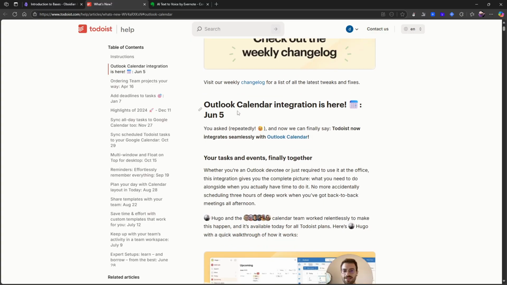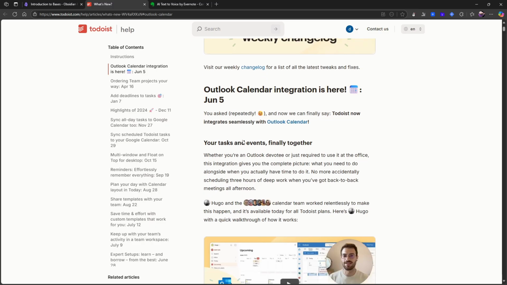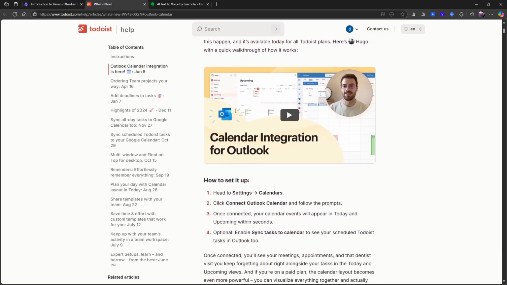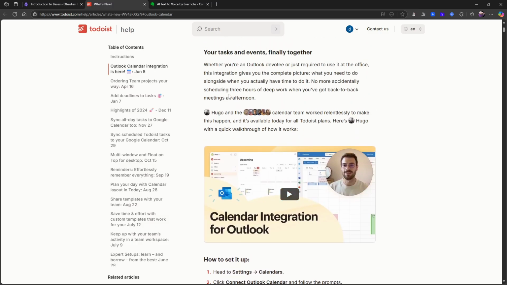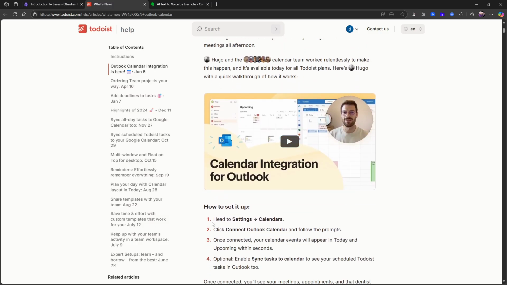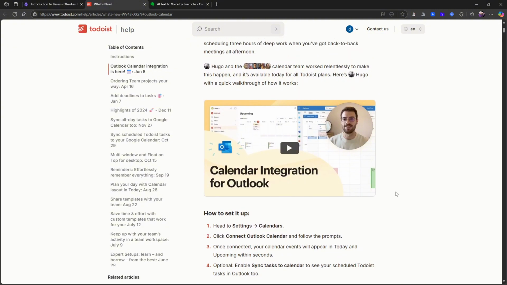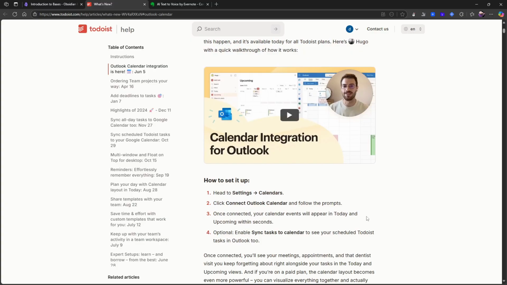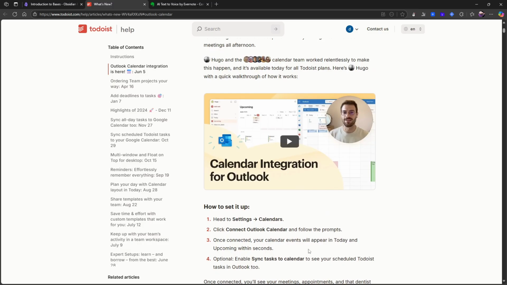So today is June 9th. This is June 5th. Todoist now integrates seamlessly with Outlook Calendar. I know that a lot of people in a work environment use Outlook Calendar. Almost all enterprises use Outlook. So if you have wanted to have your work calendar